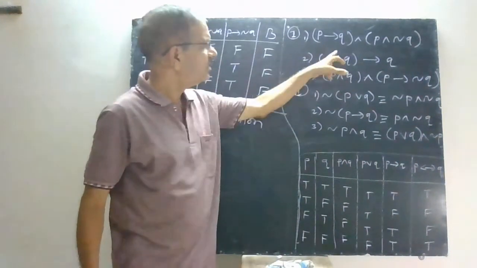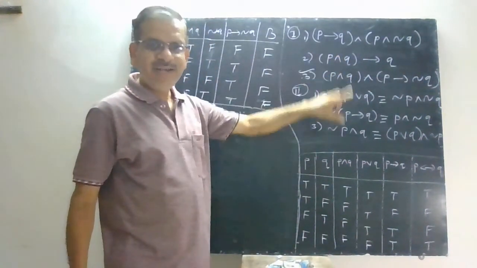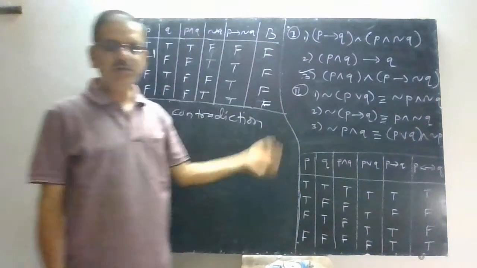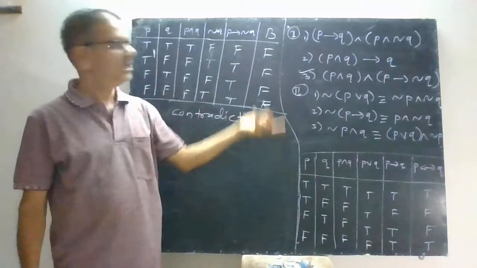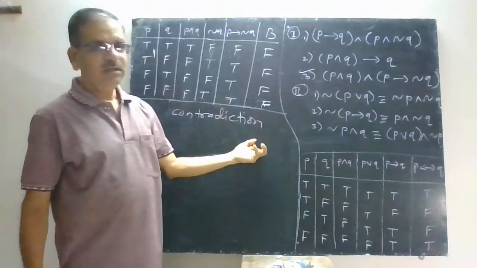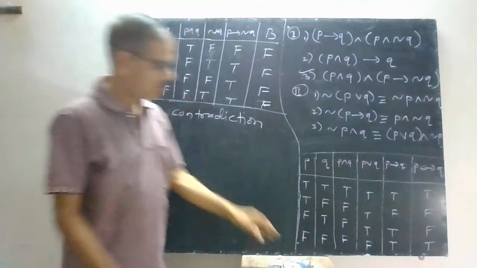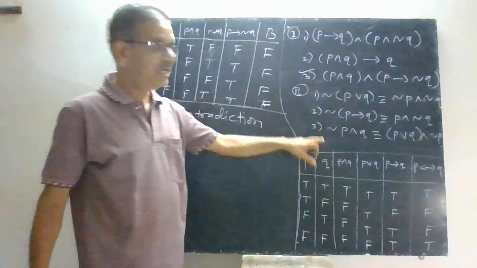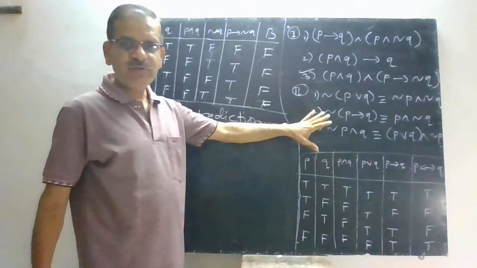So it is very easy to know whether the given statement pattern is tautology or contradiction. Now in this one there are two statements. Sometimes there can be three statements. The logic is the same. If all the values in the last column are T, it is tautology. When all the values are F, it is contradiction. And when the values are mixed, it is called contingency. Now in the last session we have seen one more thing, logical equivalence. Examples we have not taken, so we have written 2 or 3 examples.